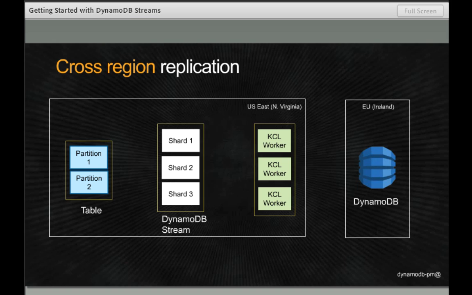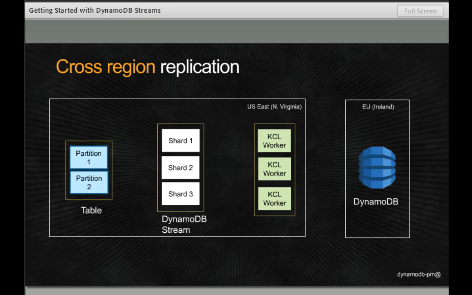It will go ahead and fire up, as it initializes, a processing thread for each one of the shards in the stream. These shards represent the same kind of partitioning strategy that we have with DynamoDB. So we're going to spread the key space across shard instances, and then we'll process those updates on each item